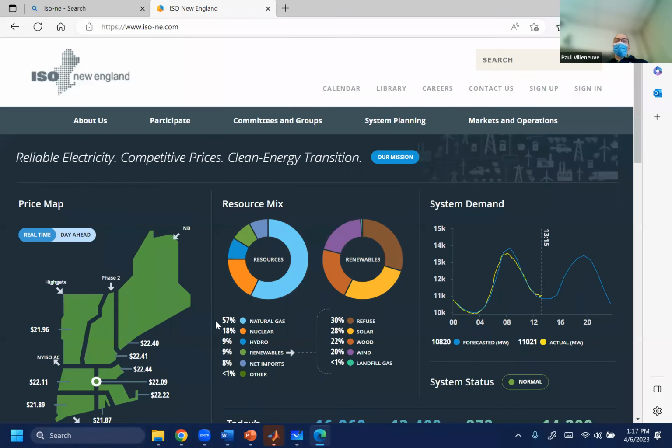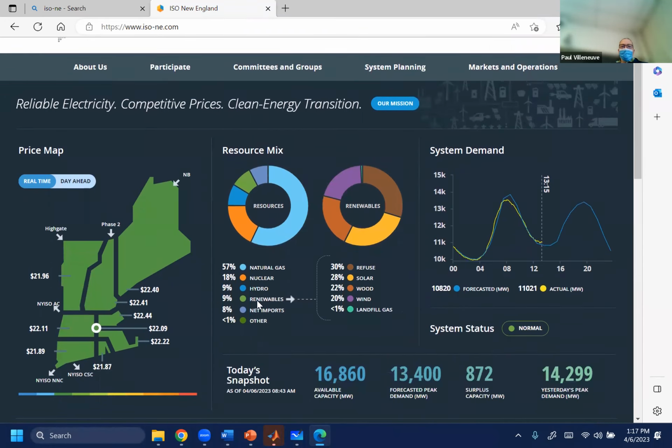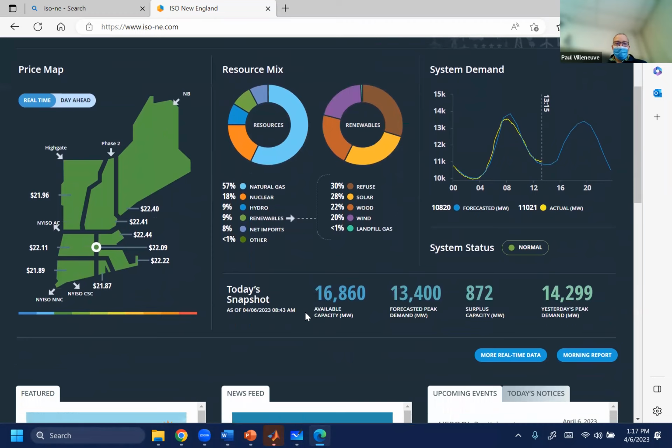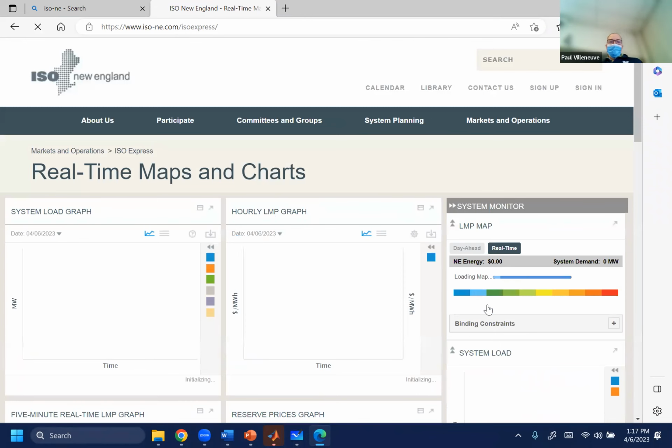But I think in Maine, it's at least probably close to 15% of the generation in the state of Maine. I don't know the resource mix, but this is telling you this is real time. So if you look at the date and time right here, 4/06/23, this is a snapshot, but you can get real-time data. You can click on here, and this is telling you real-time